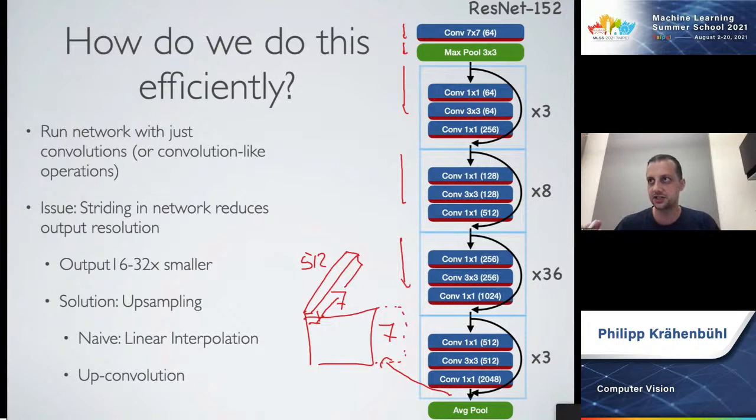Now, the only catch here is that if you look at the structure of the network, the resolution of the original image is reduced. It's reduced by a factor of about 16 to 32, depending on the network architecture. If you want to get a classification output for every single pixel, you need to get this resolution back. And there's two ways to do this. You can either just use linear interpolation, just upsample it like you would upsample an image, or you could have transpose convolution or up-convolutional layers, which kind of expand the feature map, right?